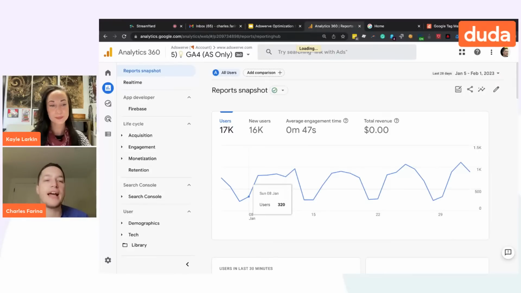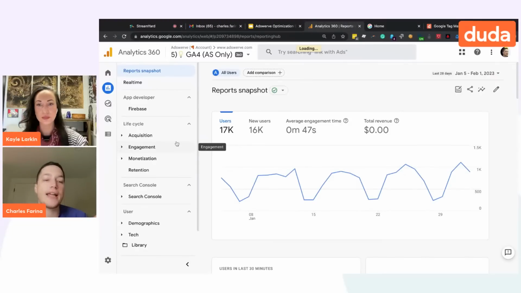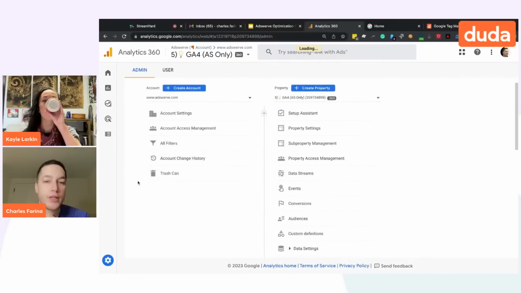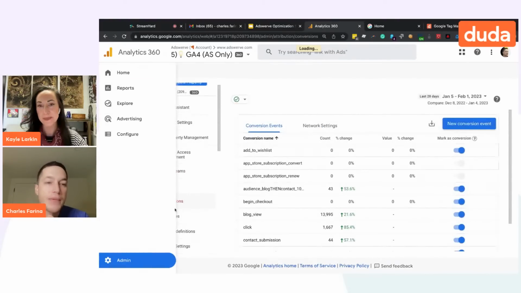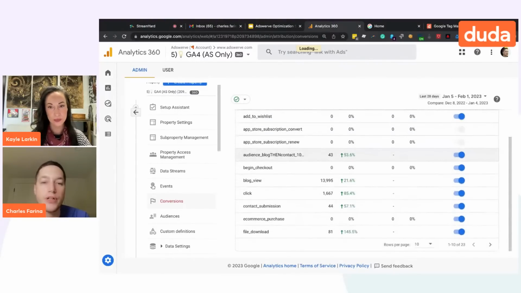Almost every site has something that it's built to do. Maybe sign up for newsletters, maybe sell products, maybe you're trying to promote a menu if you're a restaurant. Whatever it is, every site has some sort of objective. So one of the first places that you'll want to spend time with is conversions. If you go to the admin conversion section, what I wanted to highlight is that setting up conversions is easier than ever before.